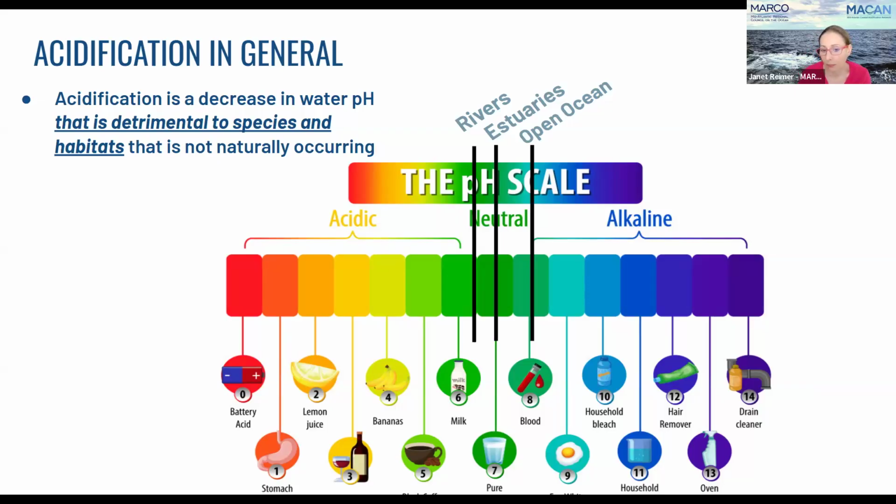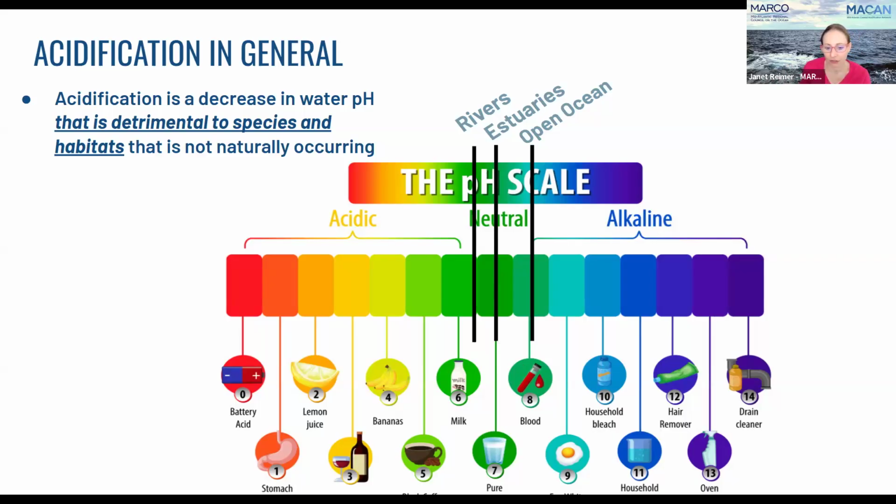But what's really important to just think about is that ocean pH water should be between 8.1 and 8.2. So that's where you get this open ocean line, which is very similar to the pH of your blood. Then we get into the coastal zone and we get a little bit more acidic, but again, that's a relative term, with estuarine acidity usually ranging between